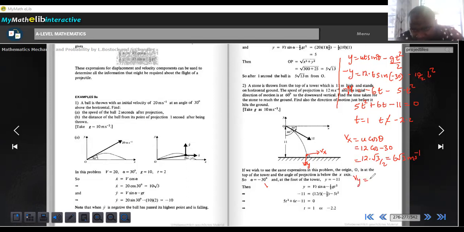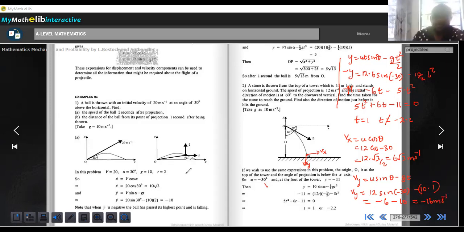Then for Vy, always use u sine theta minus gt. So Vy will be equal to 12 sine of negative 30 minus 10 times 1. So this will give me negative a half, which is negative 6 minus 10, giving us negative 16 meters per second. Therefore, the magnitude would become